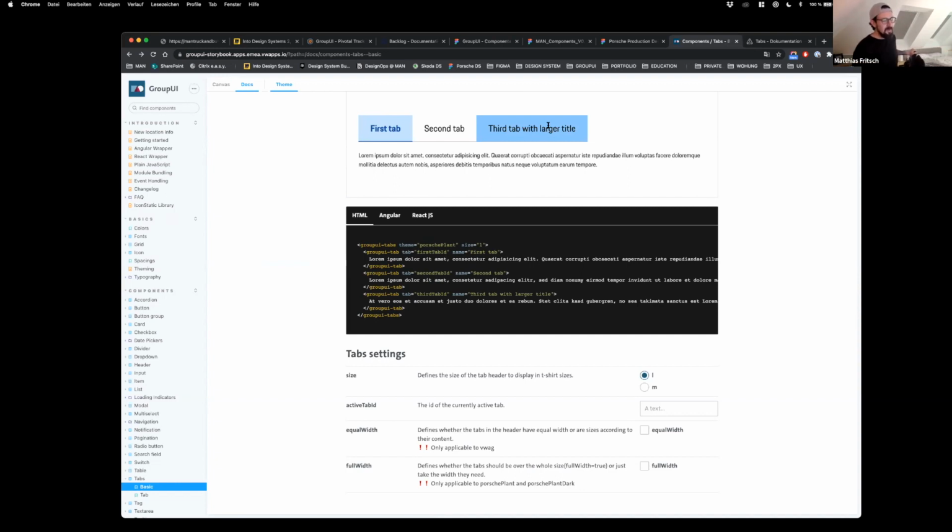Afterwards, you can try to align when it comes to design files. You can try to align on as many synergies as possible, for instance naming conventions, sizes for tabs, or variants like primary, secondary, and so on. But it's pretty hard, and I guess it's not worth it to say, okay, we use one file that fits